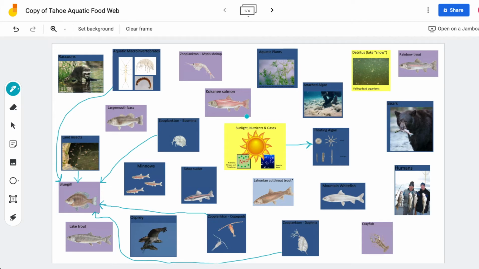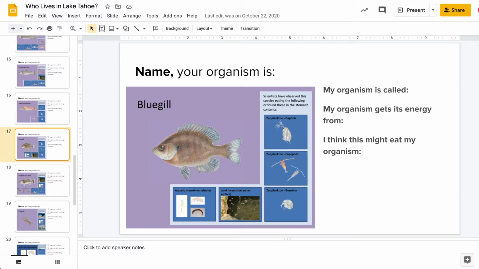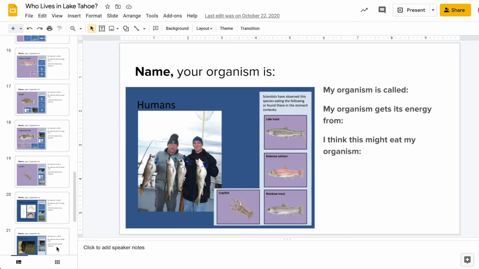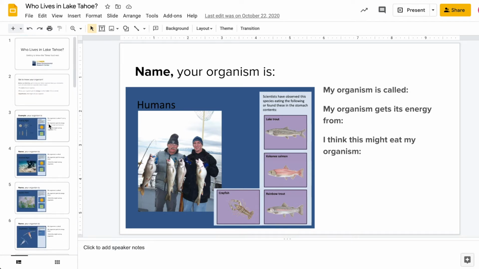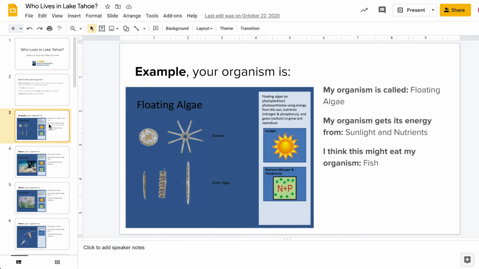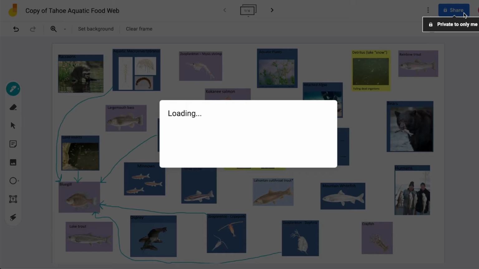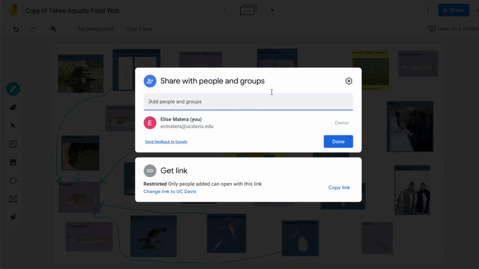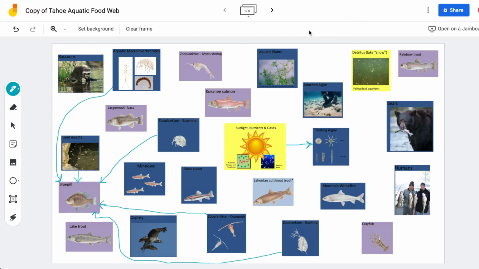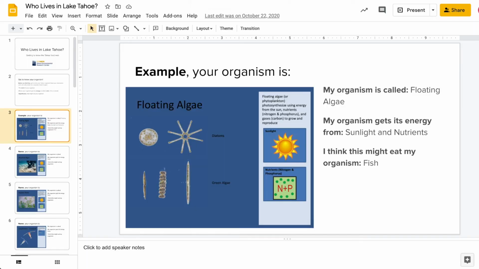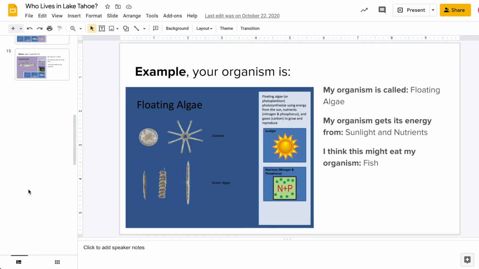And you can take some time now using these examples to go ahead and complete as many organisms as you can. If you want to go through and include each and every one of these organisms in your food web, more power to you. If you want to pair up with a buddy from the class, you can share this Jamboard with someone else in your class, and you can do half the organisms and your friend can do half the organisms. Or if you're doing this as a whole class, your teacher will have already assigned an organism to each of you.